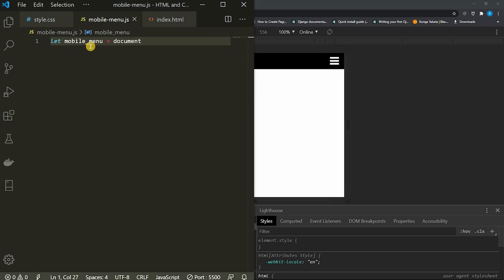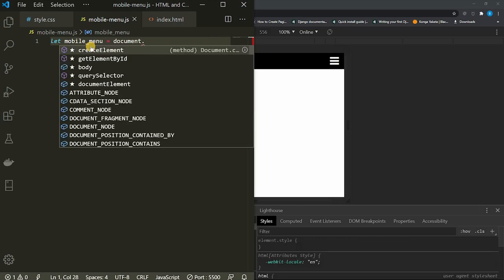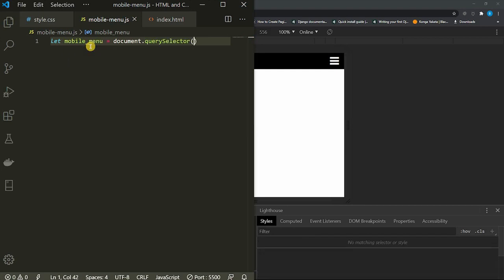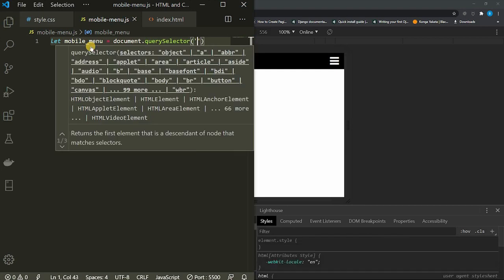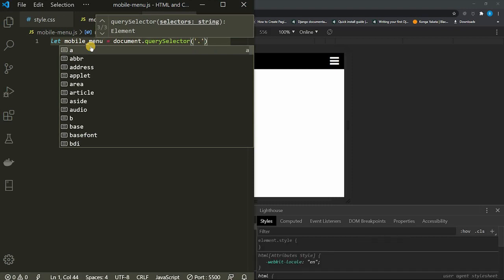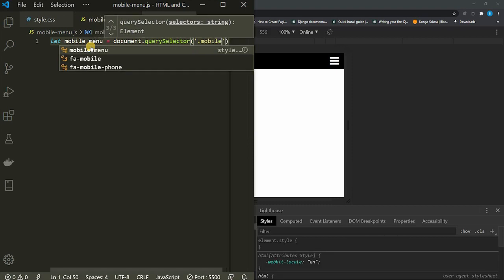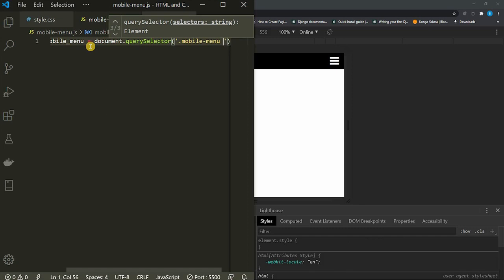So you need to know JavaScript to take this video. I'm going to be teaching you JavaScript in a different video. So let mobile_menu equal document dot. You can use querySelector here. So I'm going to say querySelector. I want JavaScript to help me get an element. So help me get dot mobile-menu. So I wanted to get